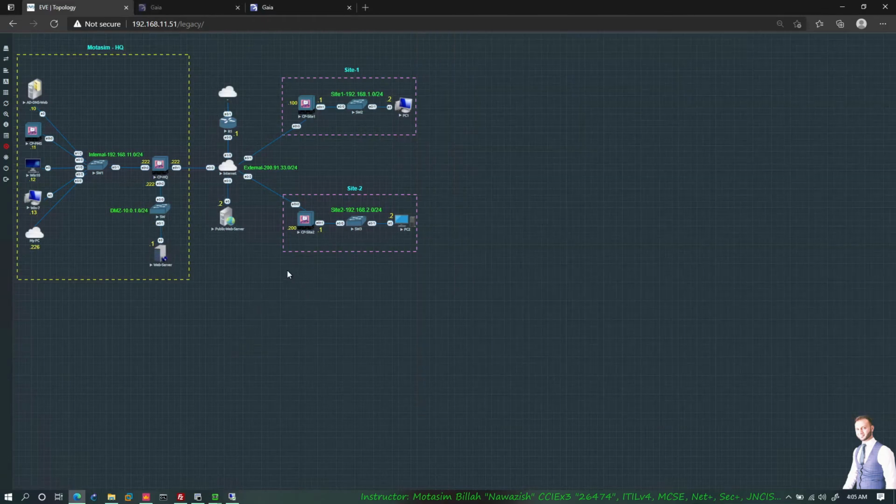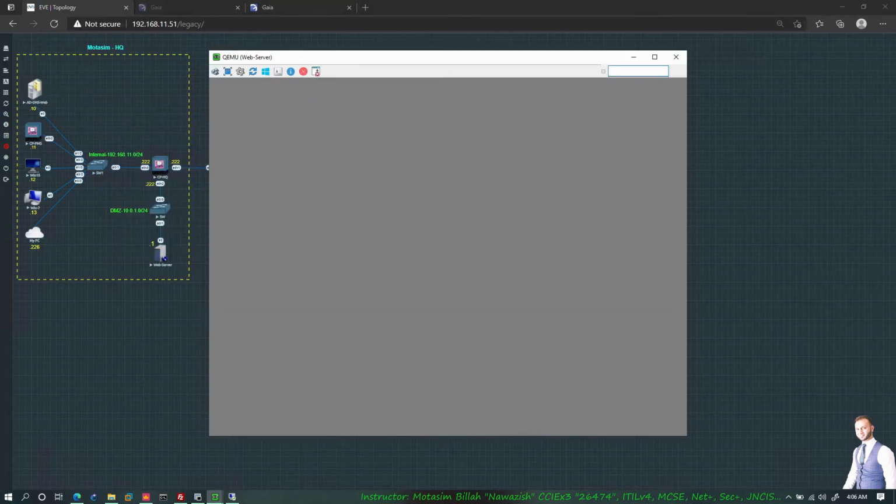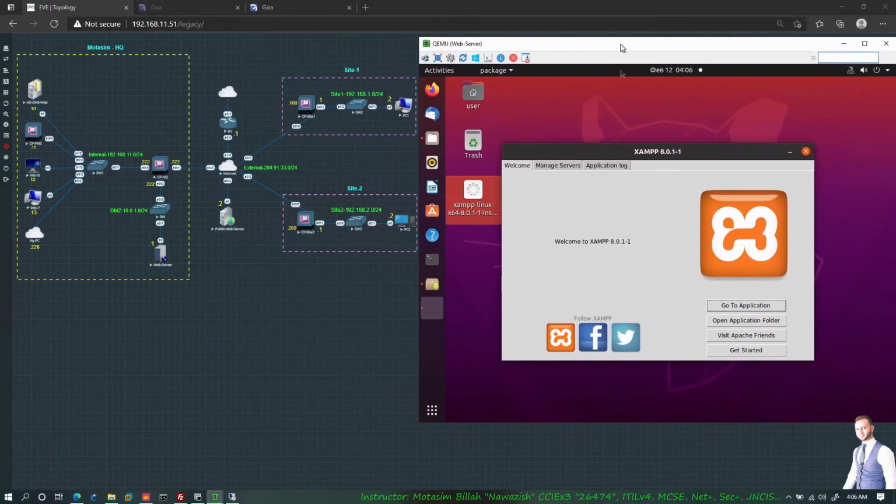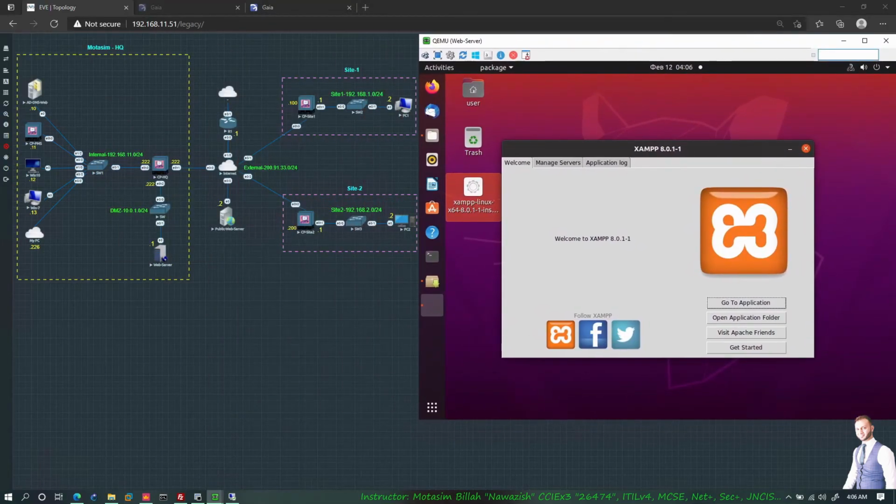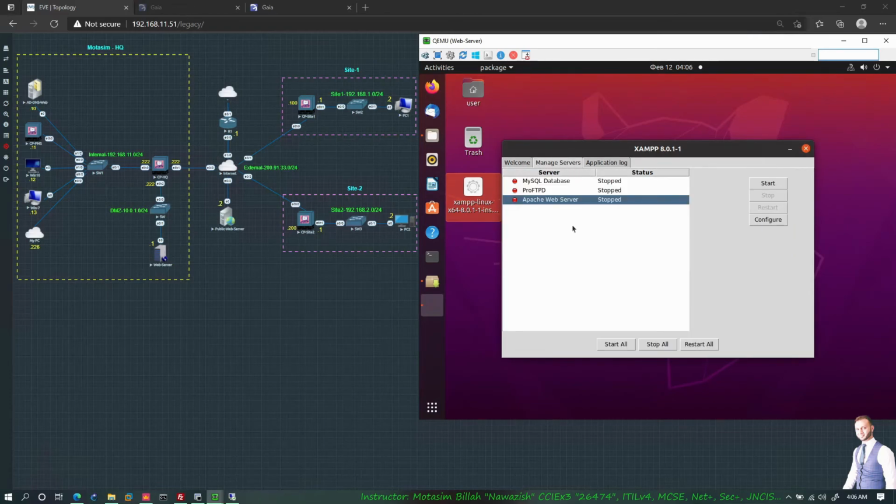I've already installed the XAMPP server on this web server, and let me just make sure that the service is running before I configure static NAT and redirect traffic from outside to the DMZ. So if I go here to my web server and manage servers, I have to make sure that the Apache web server is running. So I'll start this